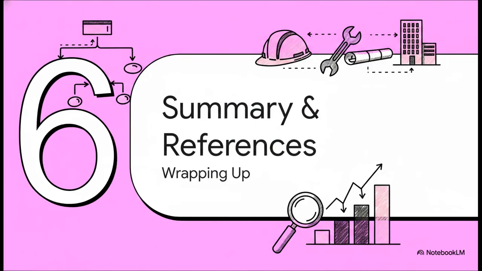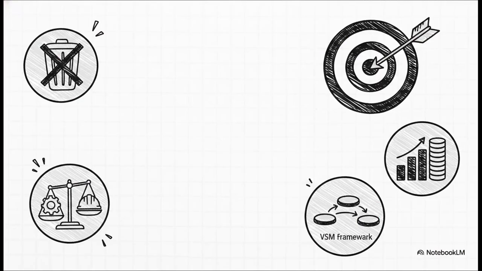All right, let's head into Section 6 to wrap things up with a summary and our references. Let's quickly highlight what we've covered in our explainer today. We set out to understand how to eliminate hidden inefficiencies, and we've done just that. We visualized how non-value-adding waste silently drains a project. We contrasted the stable factory floor with the unpredictable construction site, showing exactly why adaptation is crucial. We walked through the three-step framework to benchmark, identify, and solve these issues. And finally, we looked at the data proving that this adaptation can slash lead times by 30% and costs by